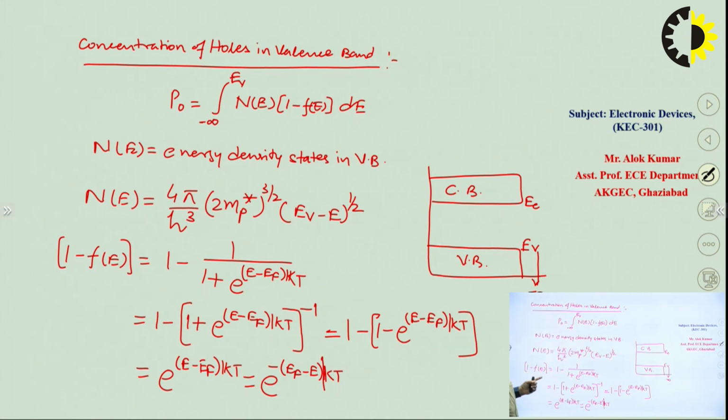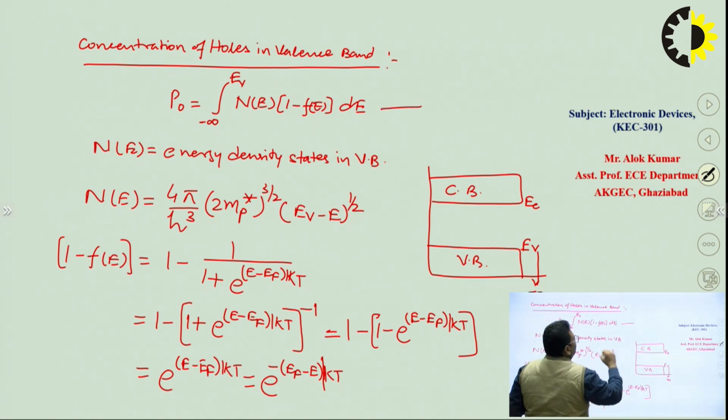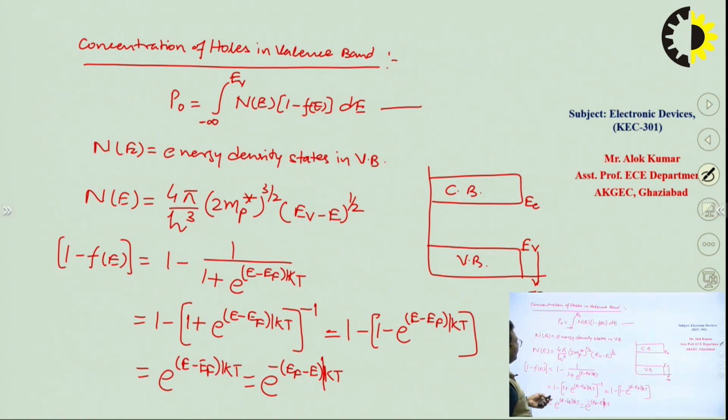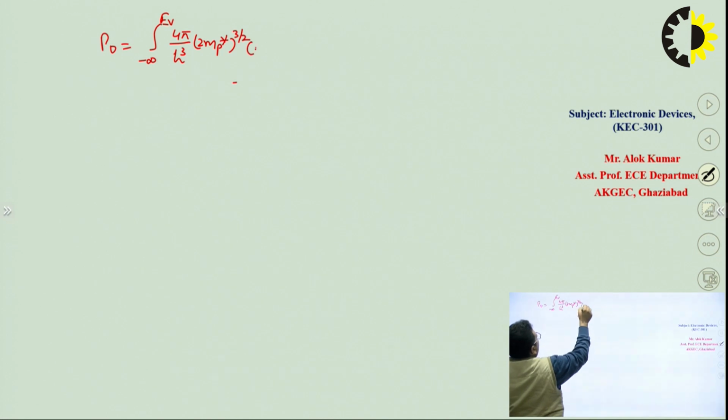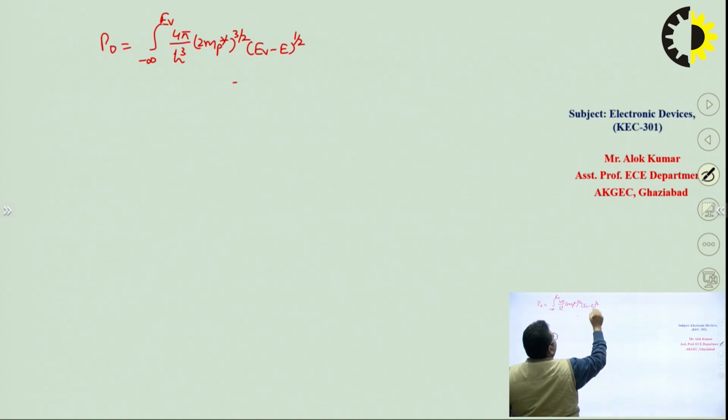So this will be the value of 1 minus FE. So we can use these values and put them in this equation. So the P naught will be the integration from minus infinity to EV of 4 pi upon h cube into 2 mp star to the power 3 by 2, and EV minus E to the power half,